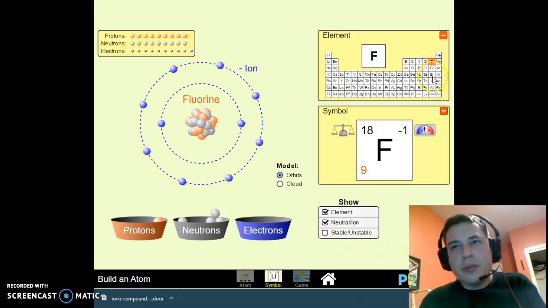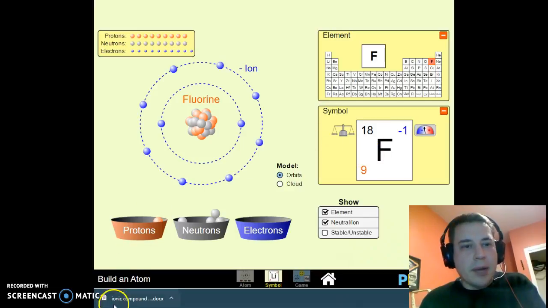Fluorine and its group want to gain 1 electron and become a negative ion. And so what we see in nature is this side of the periodic table giving that one electron to the elements on the other side of the periodic table and forming lots of interesting chemistry that we call